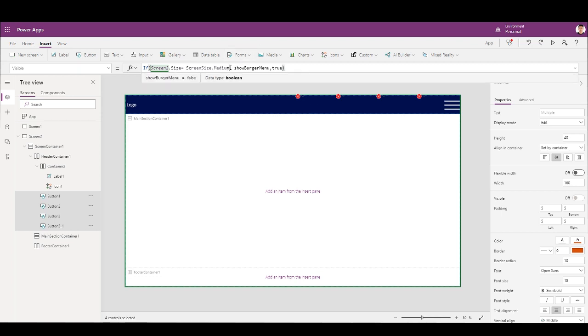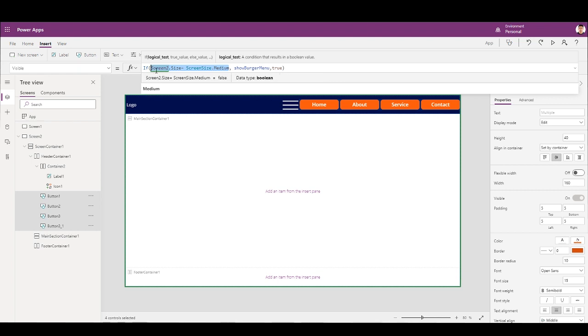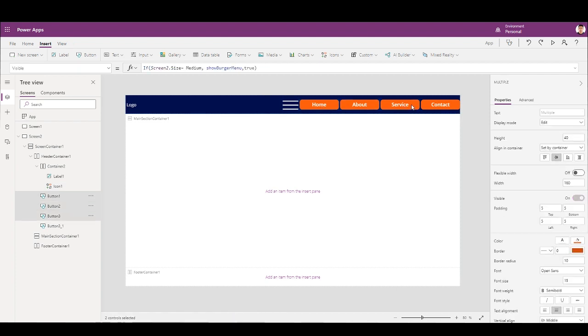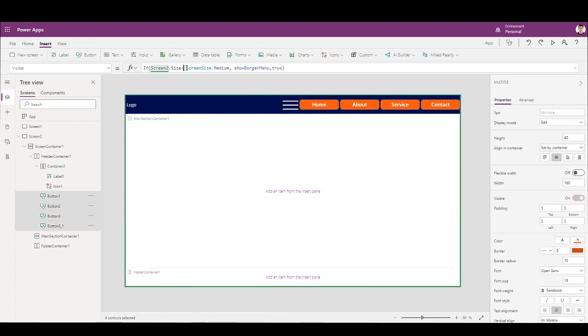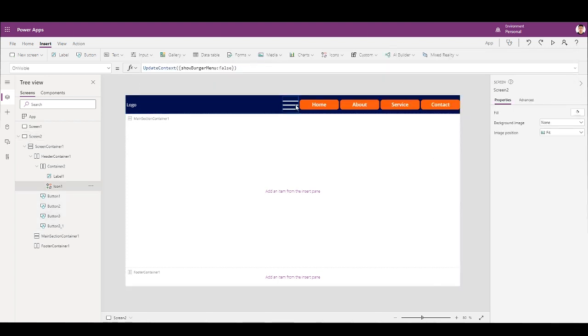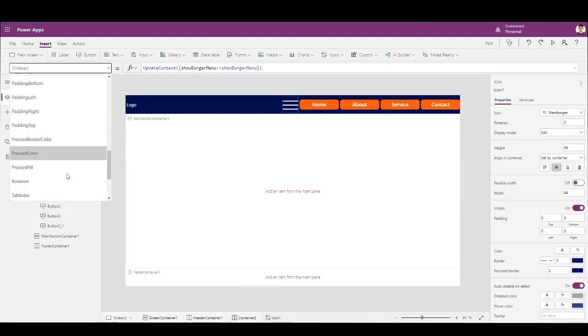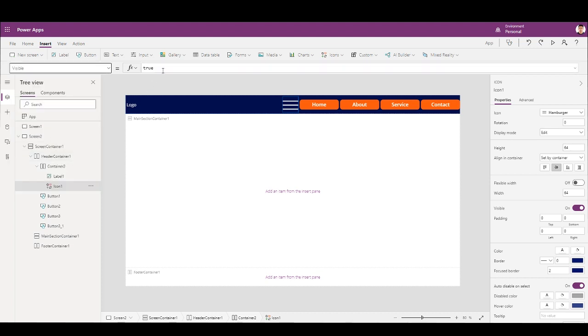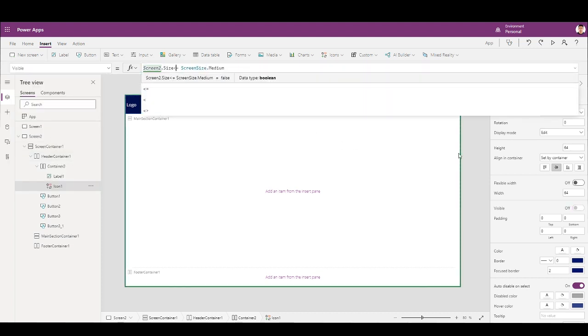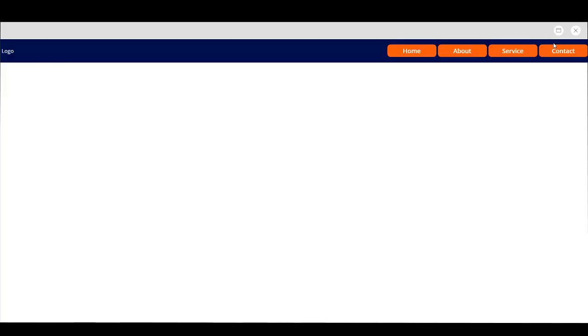And the burger icon should also only appear if it's, yeah, now this icon should also appear only when it's medium. So let's put something like this, and now play this.